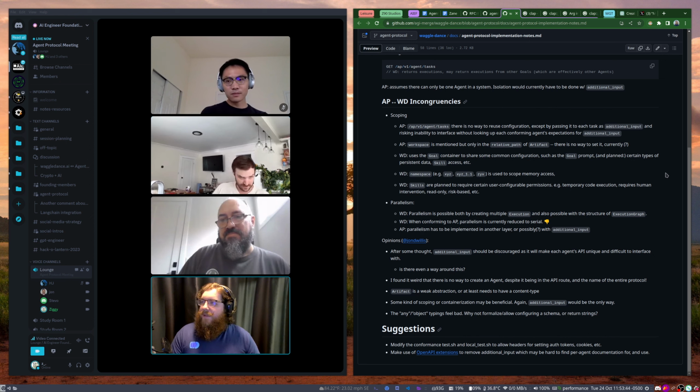Somebody in the past mentioned that they thought the auth plugin should be one that the agent protocol, the AI Engineer Foundation, manages. It wouldn't be loosey goosey. You wouldn't be able to just use any auth plugin. It would just be the one auth plugin. So maybe we could do something like that where it still uses the plugin system, because we do need to flesh out what the plugin system looks like and how it would work.